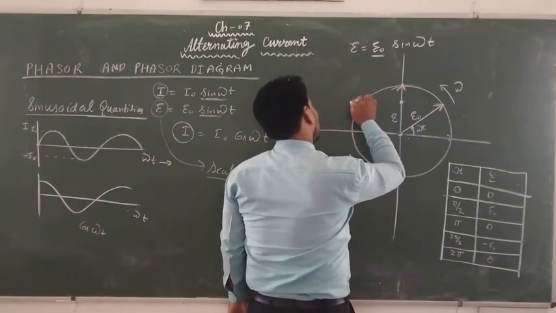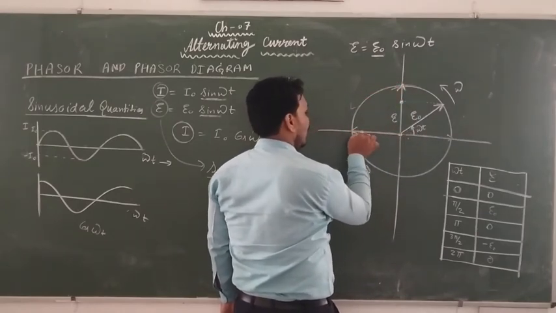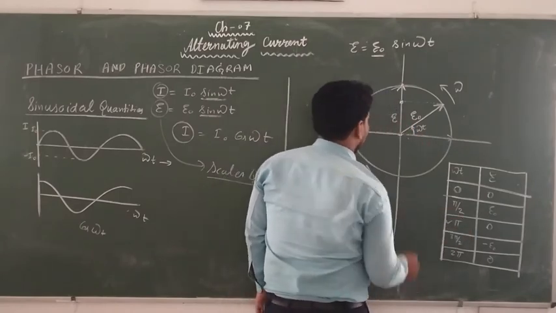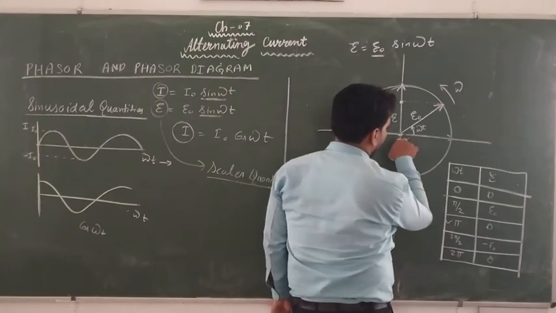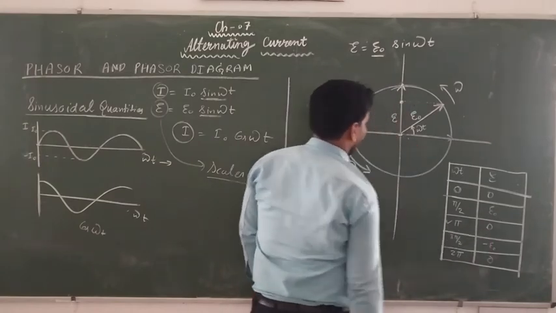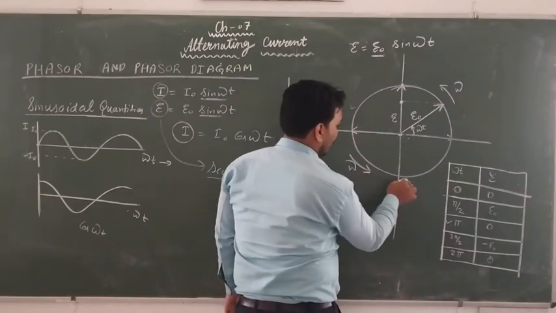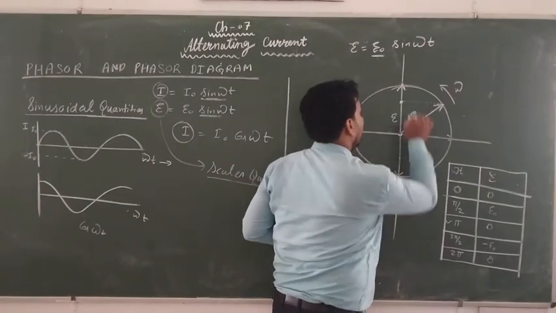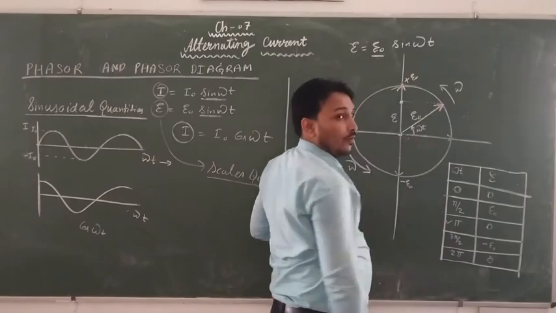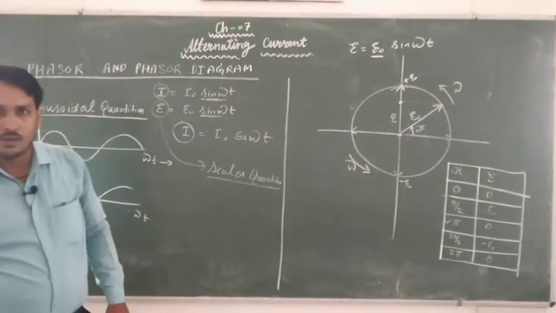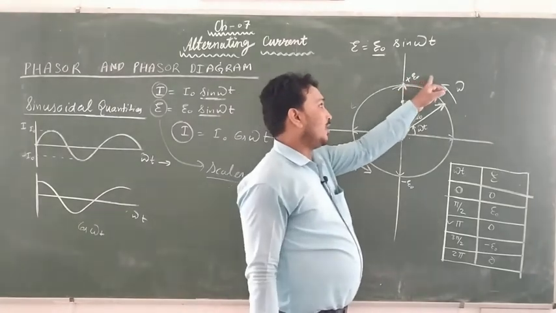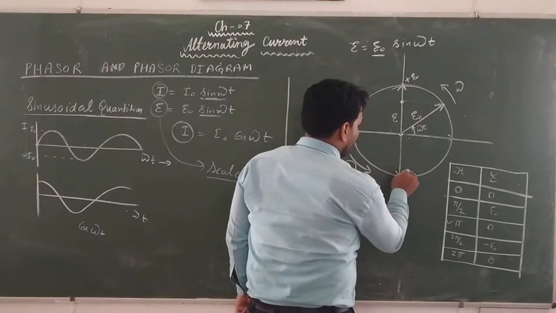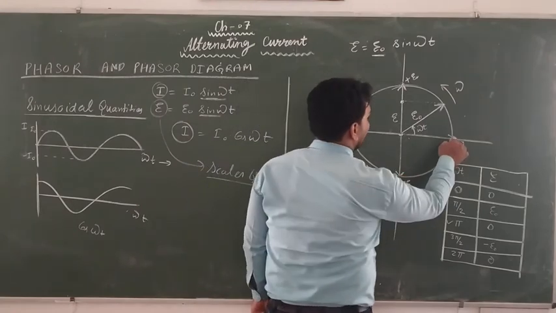Then after it goes this side, when the arrow comes over here, how much angle has it rotated? It has rotated by an angle of 180 degrees. In that case, if we draw a perpendicular over here, again it goes to the origin, and the value of EMF comes out to be 0. Then after it rotates and comes over here, here it denotes minus E naught. Here it denotes plus E naught. So in this case, we are going to have minus E naught. And again, it comes to 0.